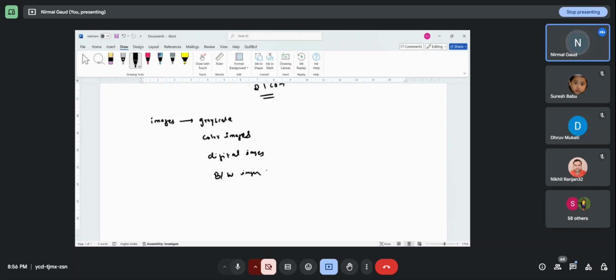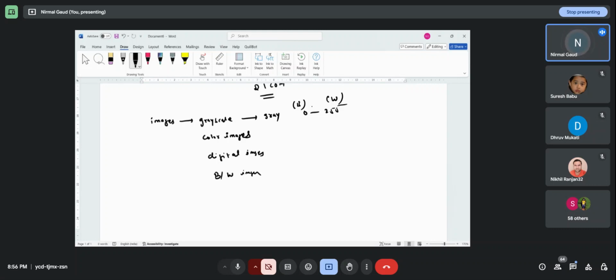Let me tell you, grayscale images are images which represent shades of gray, where each pixel has an intensity from 0 to 255. 0 stands for black and 255 stands for white.